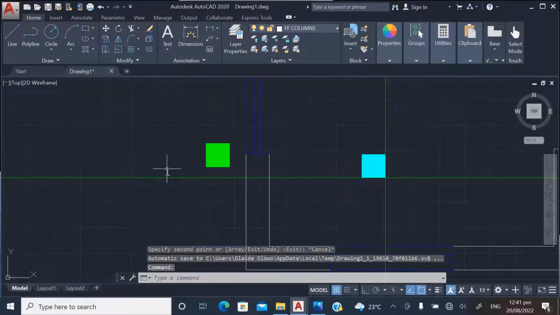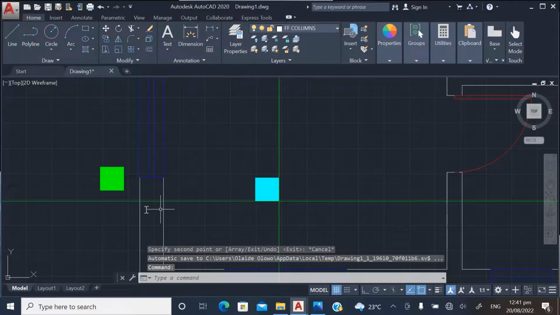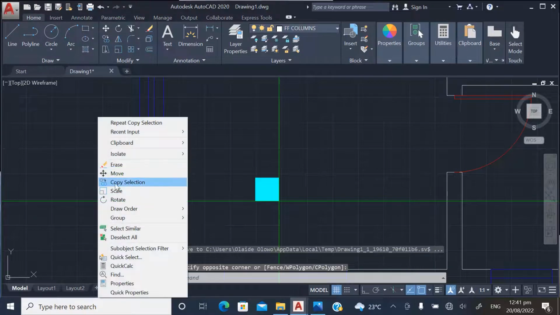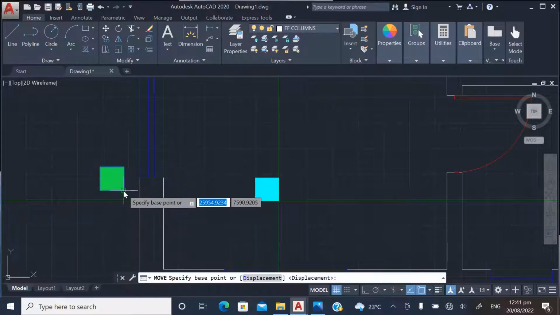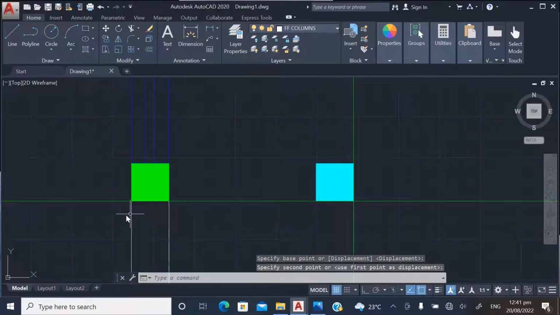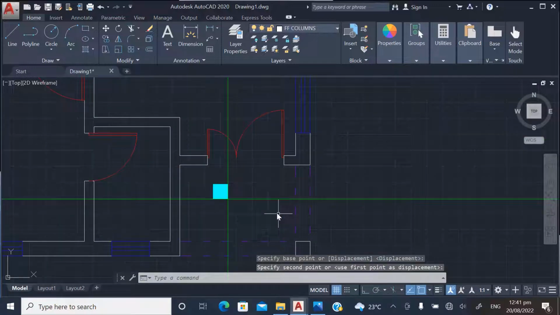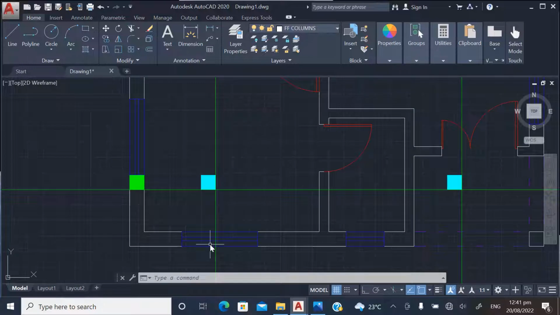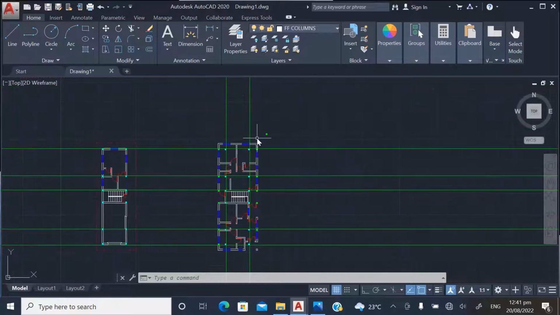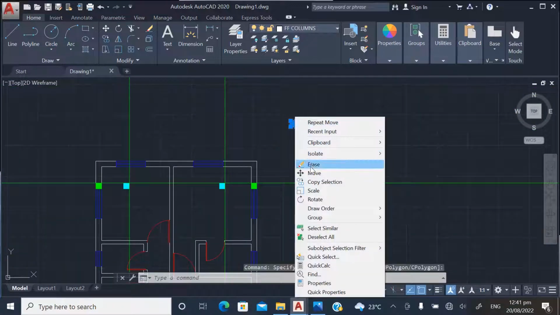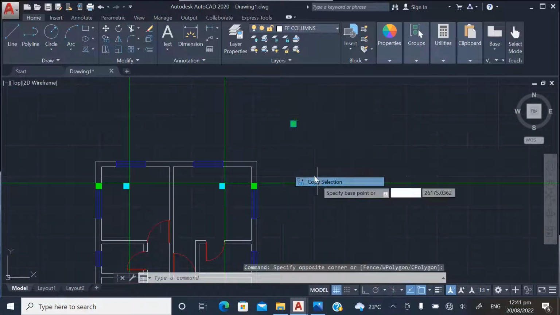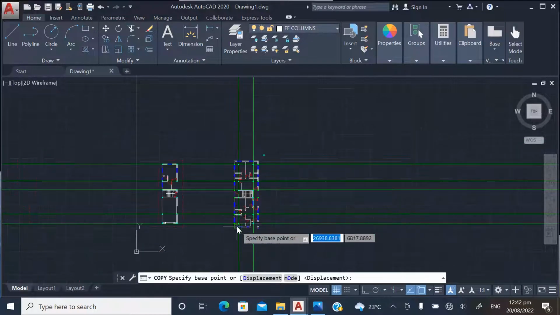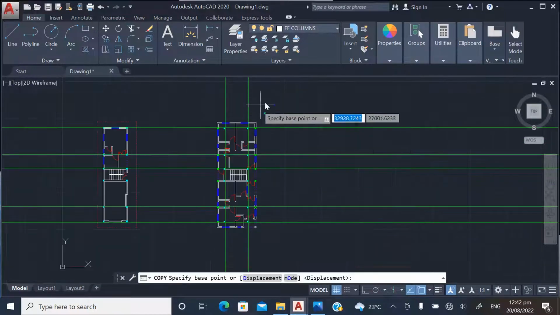This place, I'm going to move this to this place. Alright, here I will drop a column here, so this window can shift to the right. So I will pick a column, then copy selection, let me see which side to pick. Okay, I will pick the right side